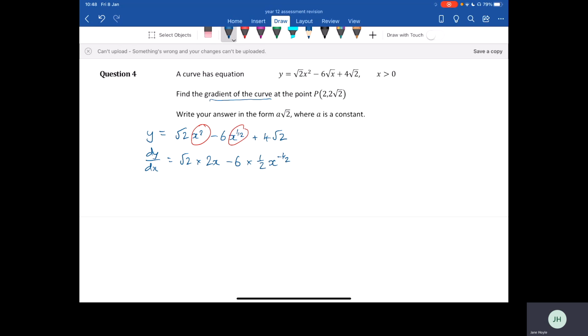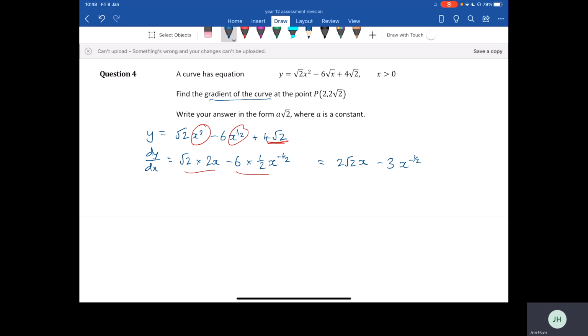So minus a half. And then this here, that of course is just a number. If you just had plus 4 on the end, differentiate that, 0. 4 root 2, differentiate that, we get 0. So then I just need to tidy this up. The 2 times by root 2, well, I'll just write it as 2 root 2 x, and then I have to multiply 6 by half, so that's going to be negative 3 x to the power of